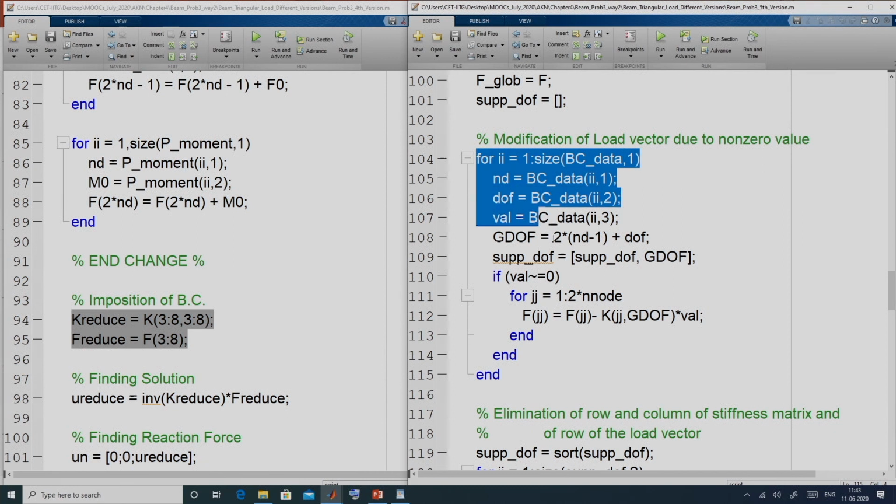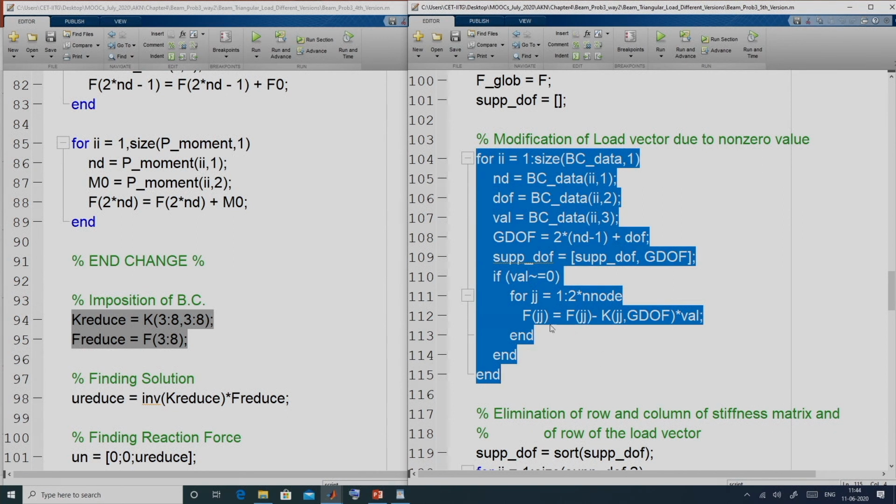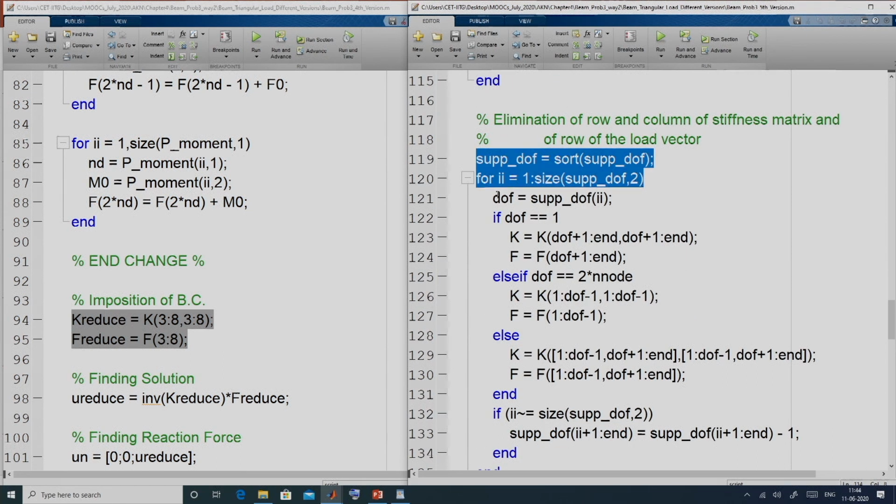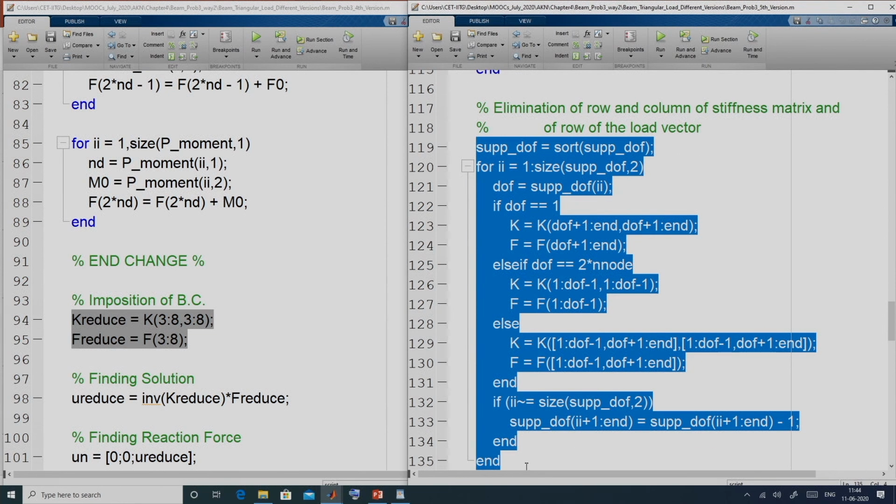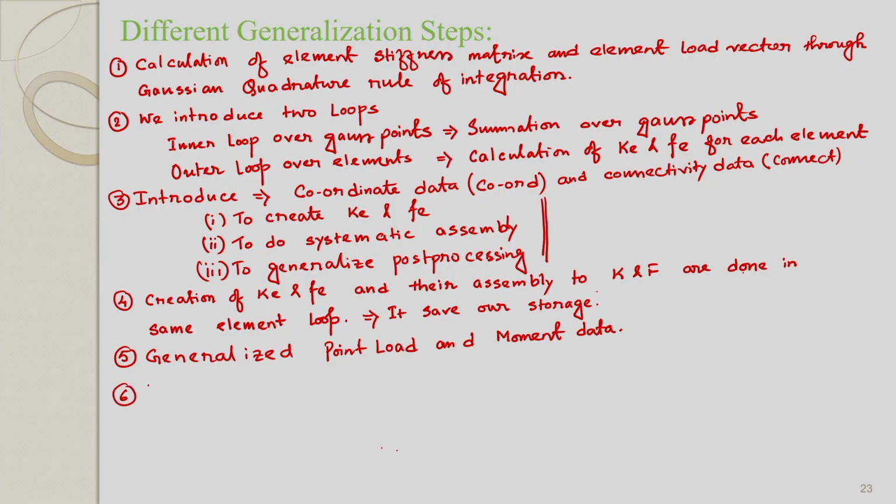In this step, we modify the load vector for non-zero prescribed degrees of freedom, and here we eliminate the row and column corresponding to the suppressed degree of freedom. After each elimination step, all the later degrees of freedom are reduced by 1 at this step. So, we have generalized the imposition of boundary conditions also.